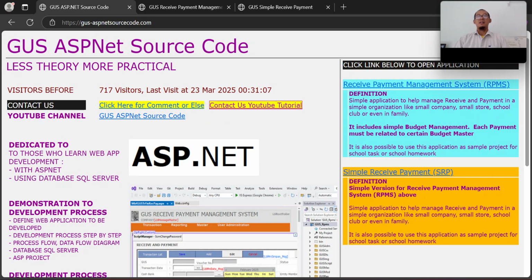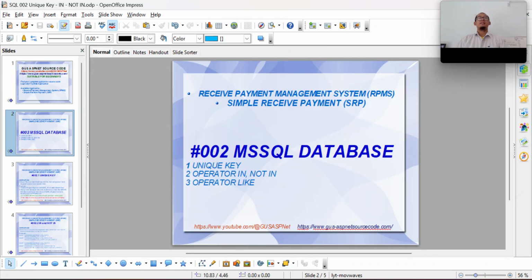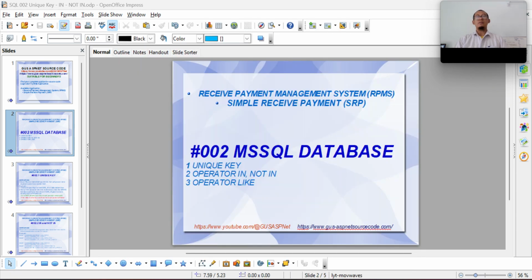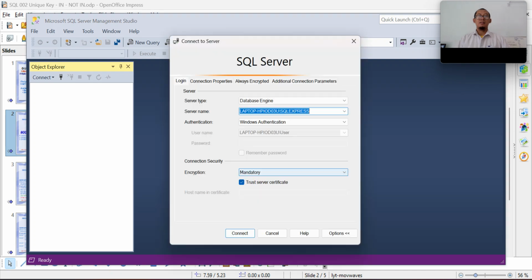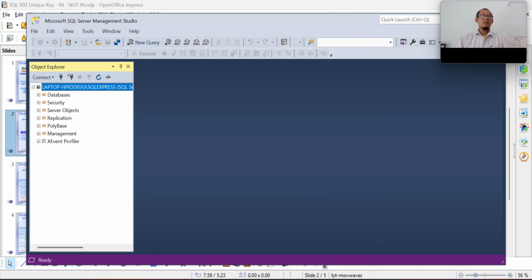Okay. Now let's focus on our lesson today. That is unique key. Let's open our SQL Server Management Studio. Let's continue our chapter before.